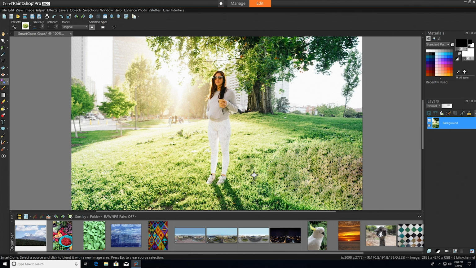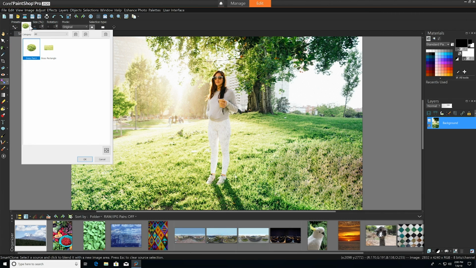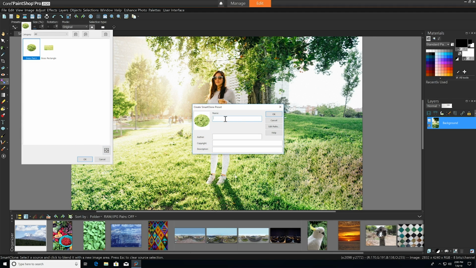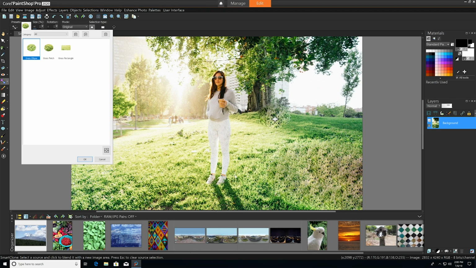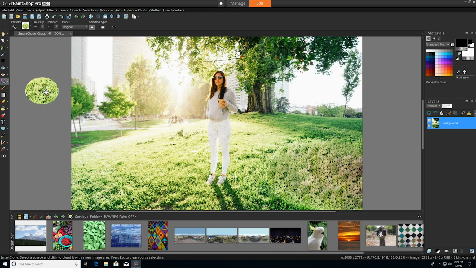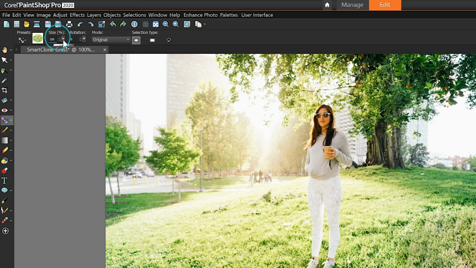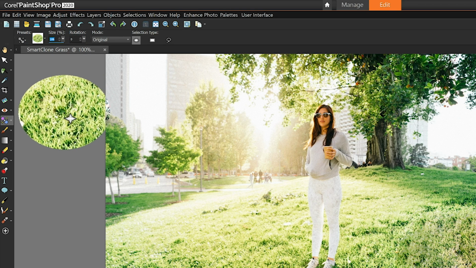So if we like this selection and we want the option of using it later on or in another project, we can actually save it as a preset. To do that, just select the drop-down from the Options toolbar, hit the plus button at the bottom to create a SmartClone tip from selection, give it a name, and then hit OK. Now we can easily use this preset on future projects and manipulate the size, rotation,